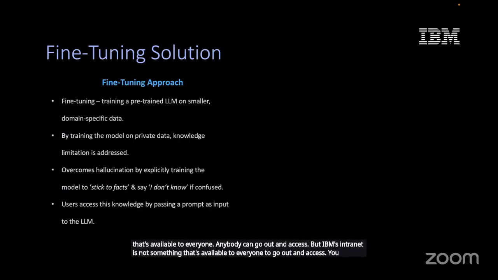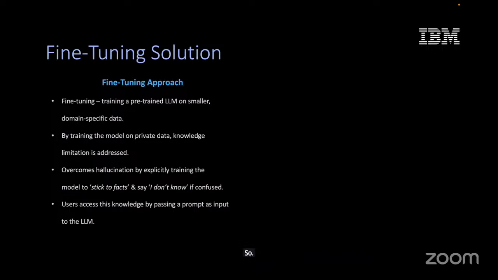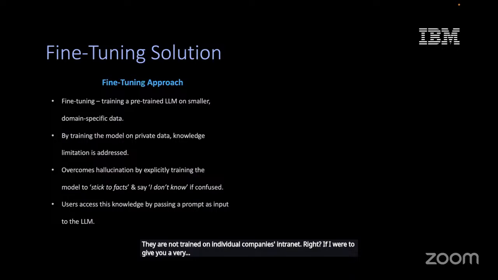You need to have certain authentication that needs to go in. Only then you would be able to access that particular information. So even though Gemini or even ChatGPT are trained on the internet, they are not trained on individual companies' intranet, right? If I were to give you a very plain terminology, let's say that if I were to say that,